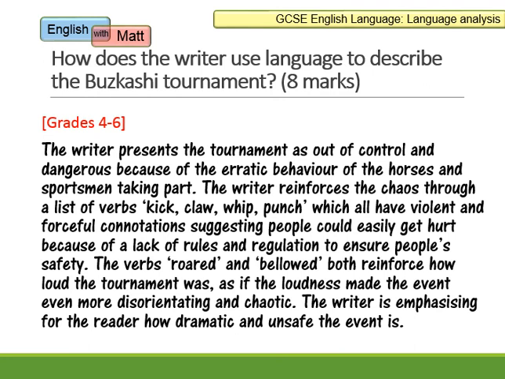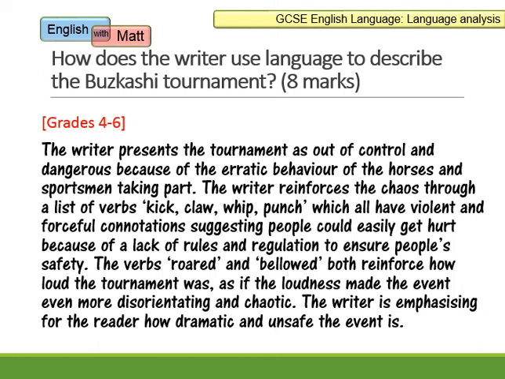So this would be what you would need to write if you were going to get grades 4 to 6, which in old-fashioned money would be kind of C grade to B grade. The writer presents the tournament as out of control and dangerous because of the erratic behaviour of the horses and sportsmen taking part. The writer reinforces the chaos through a list of verbs, kick, claw, whip, punch, which all have violent and forceful connotations, suggesting people could easily get hurt because of a lack of rules and regulation to ensure